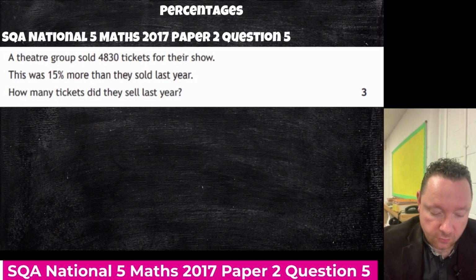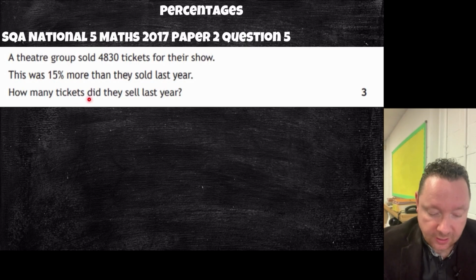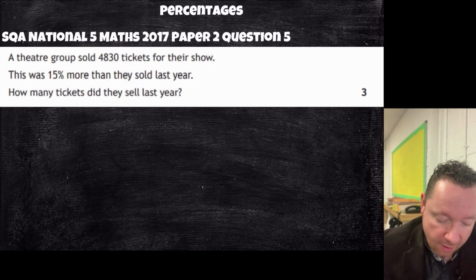4,830 tickets for the show. This is 15% more than last year. How many tickets did they sell? So this is a reverse percentage question. You need to realise that